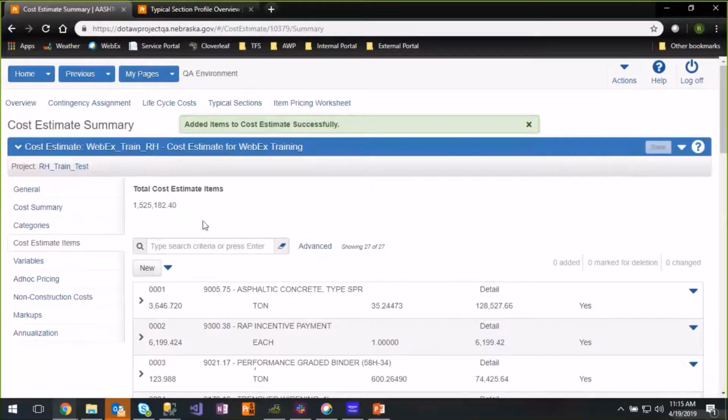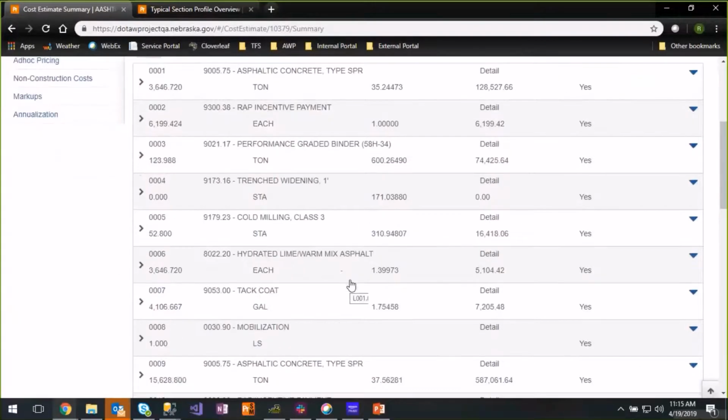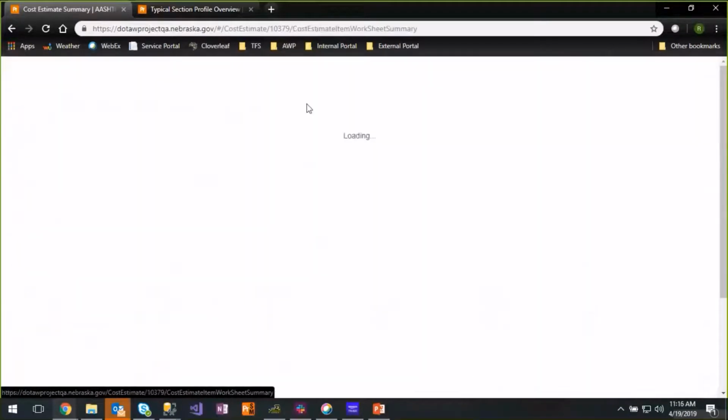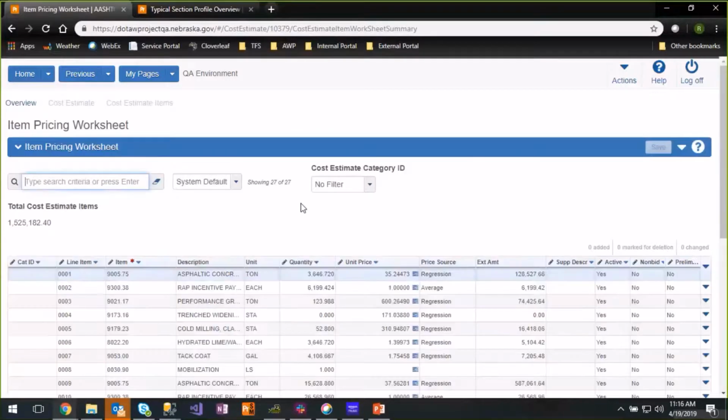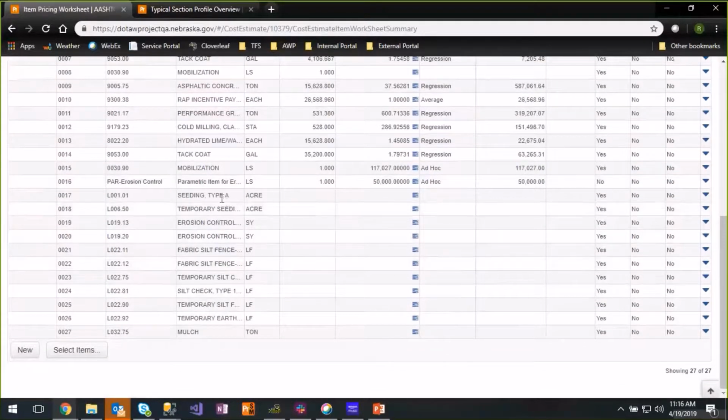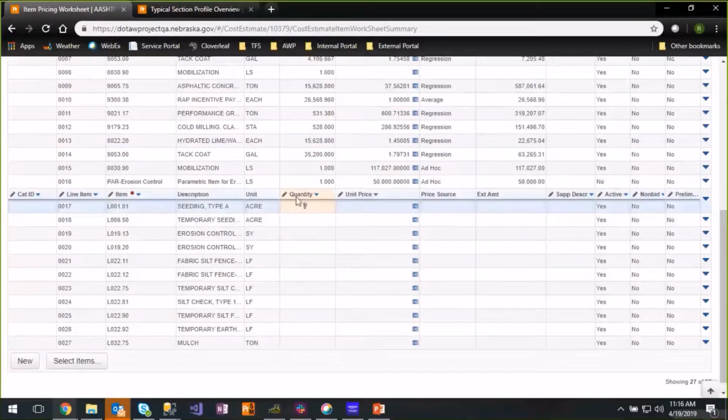Another view for cost estimate items that will make it a little quicker to enter the quantities for these is this item pricing worksheet. We click the quick link at the top there. And scroll down. Here's all those items that we picked in that modal window. So you can see there's no quantities there. Click on the box, it says quantity, double click. We can enter, and then that will have 1.8 acres,